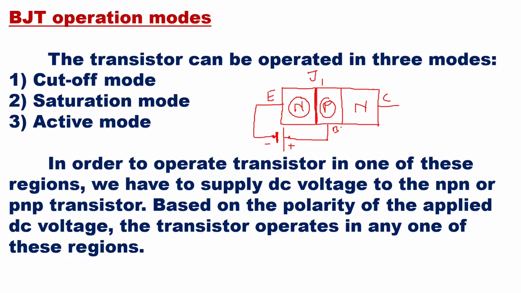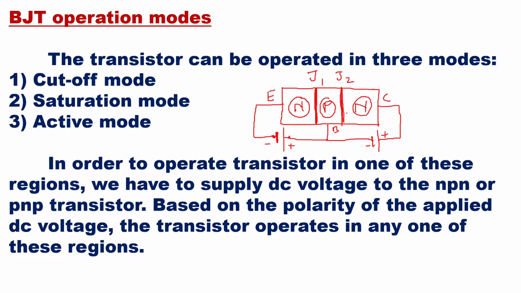Similarly, the second junction, that is between base and collector, can be called junction J2. This can also be made forward bias or reverse bias. If I want to make it reverse bias, then this is the N-type semiconductor, and here I can connect a voltage whose polarity will be positive, so that the negative charge particles, the electrons, will be attracted. And then here you will have negative for the base. This is how you can apply the voltage and make this second junction reverse bias.